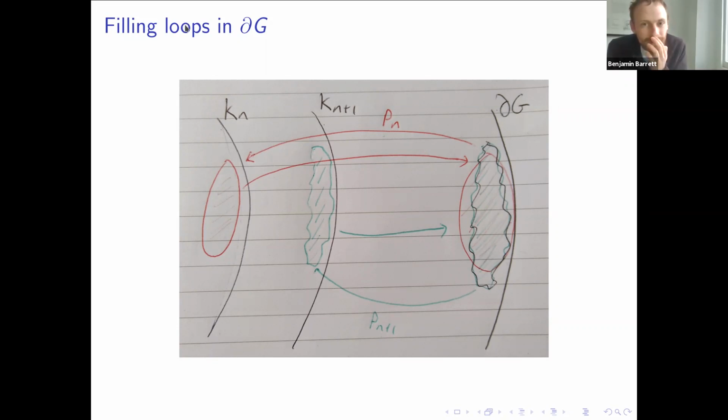So what we do is we use Pn to map down to Kn. And then we fill the loop there and map back out to the boundary. And okay, it's only approximately an inverse. So we get a red loop that maybe looks a bit like our original black loop, but probably isn't quite the same. You could do the same thing, but now using Pn plus 1 to map onto Kn plus 1